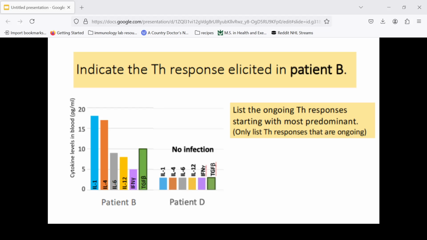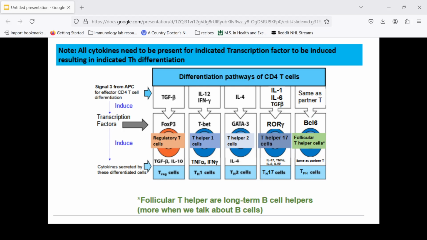Okay, before I move on to the next example, let's say IL-12 and IFN gamma were higher than IL-4. And remember, both of them have to be higher than IL-4 for it to be a Th1 response. If both of them are higher than our IL-4s, we get Th1, and then we know that we can have a Th17 response as well. However, it is important to note that